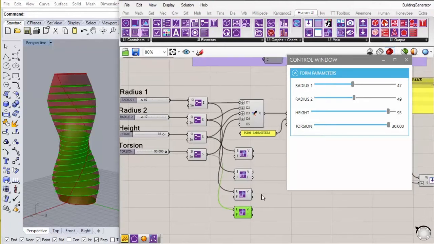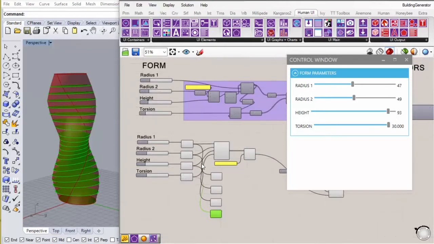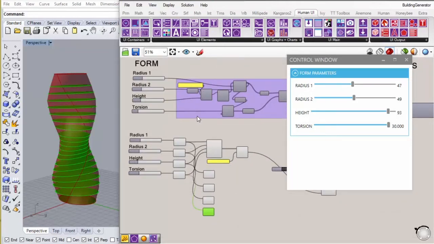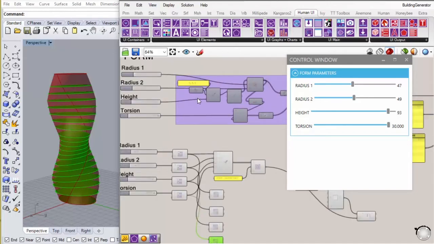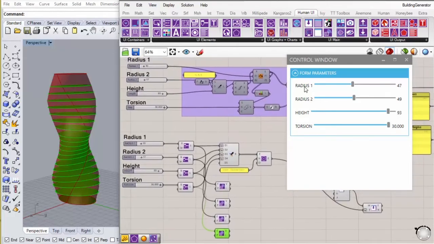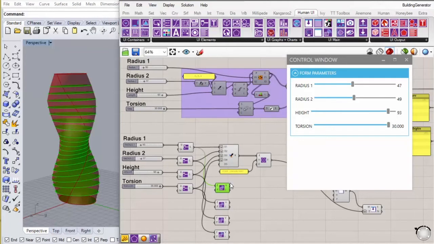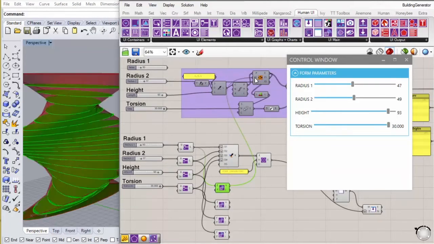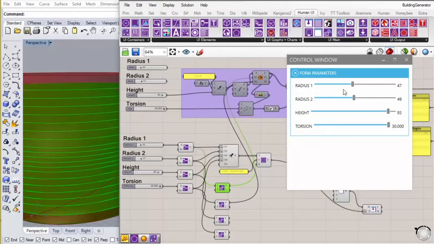And then, as you may have guessed, you want to replace the original inputs. So whatever value is used here, it's brought into this component, and that's the component that we actually want to feed into our form finding definition. So that goes to there. So that's a bit extreme. That goes to there. So let's just take them back to something normal.